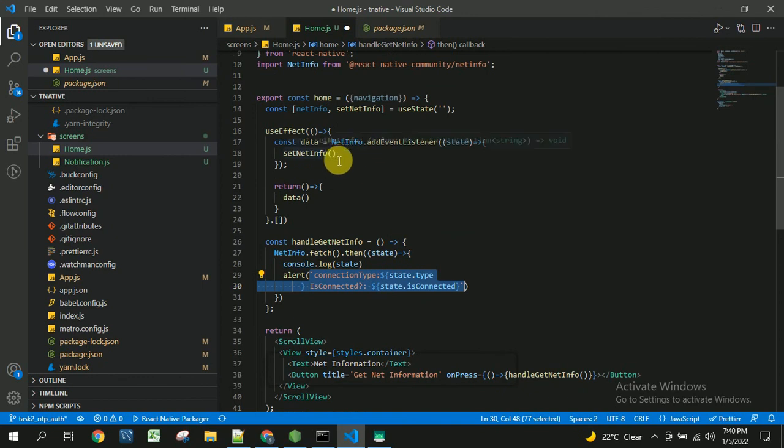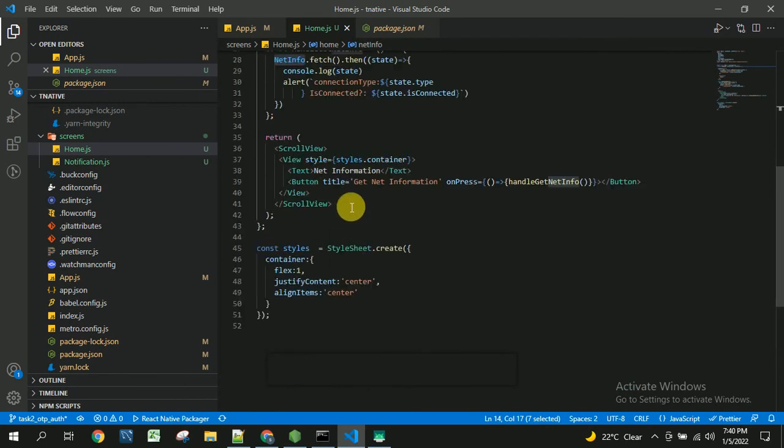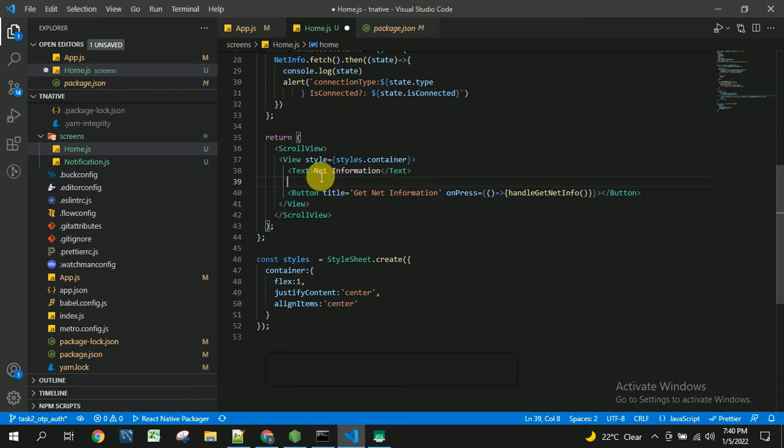Once the user turns off his Wi-Fi, or if he is online or offline, we will set this netInfo and we will show the netInfo to the user, or we will get the netInfo in our application. In order to see this, I am interpolating here. Now let us save this and check whether it's working or not.